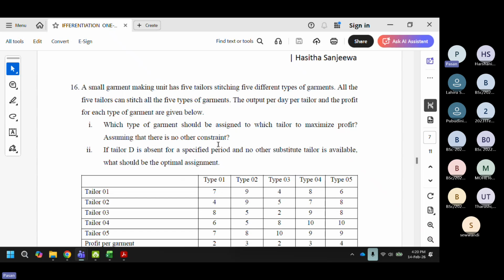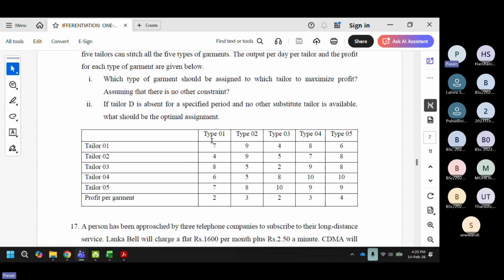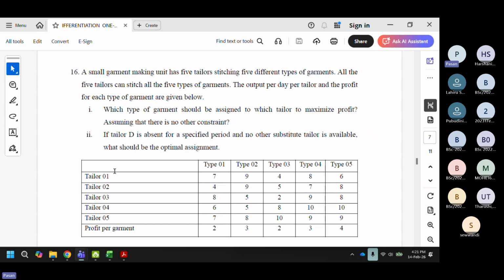So then the question is that these are the profits given there, right, for each type of garment, right? And then each tailor, right? So that is the profit you can make by producing one item, right? By each tailor, right? So we can see that if you take tailor one, it is making more profit by taking type two, right? And then tailor two, it is again type two, right? But then the requirement is that